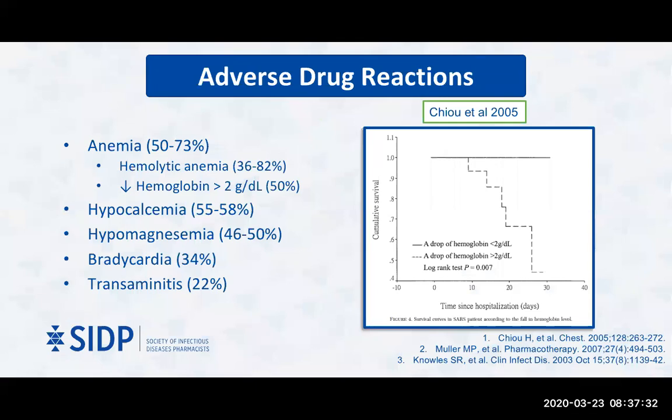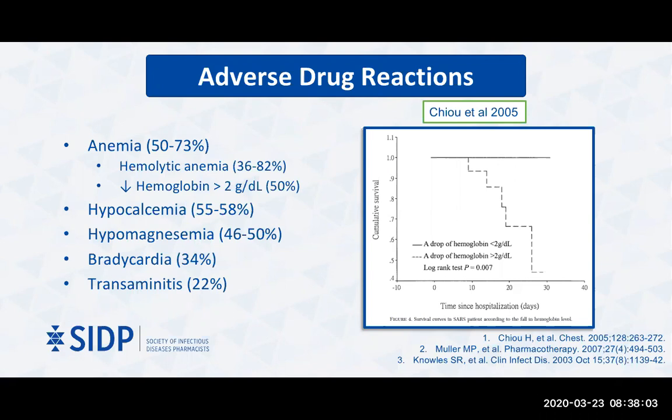Focusing a little bit more on the Chow and colleagues study that reported that significant hemoglobin drop in half of the patients, that drop was also itself associated with significantly increased risk of mortality in those patients in the study. So this is not a causal link directly for ribavirin by any means, but it's at least a signal that we need to consider the anemia itself can be harming our patients as it relates to outcomes in management of